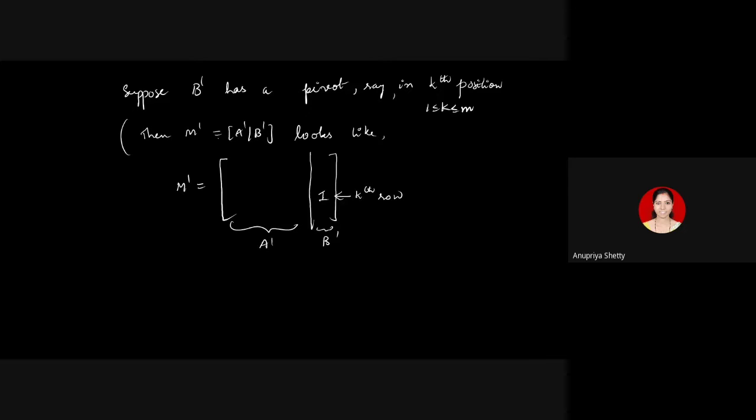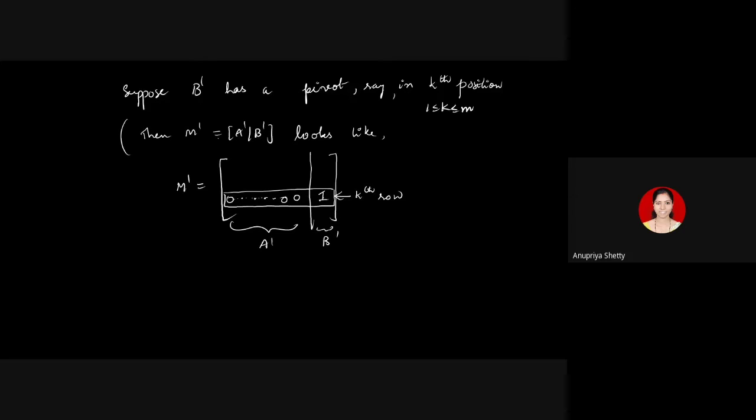What do we mean by this is a pivot? In that row, this is the first non-zero entry, right? A pivot refers to the first non-zero entry of the given row. So all the previous entries which are present in A dash in that particular row must be zeros, correct? In that row, since 1 is the pivot which is present inside the last column, that is B dash, all the previous entries are zeros. So just consider this kth row for time being. We are not interested in other rows, but remember they all satisfy the definition of a row echelon matrix.